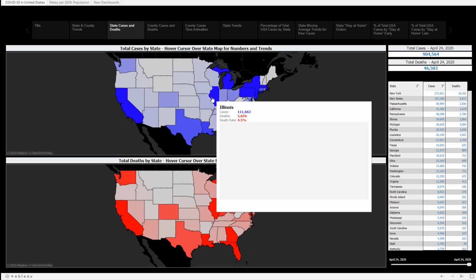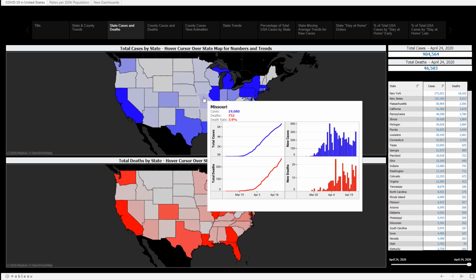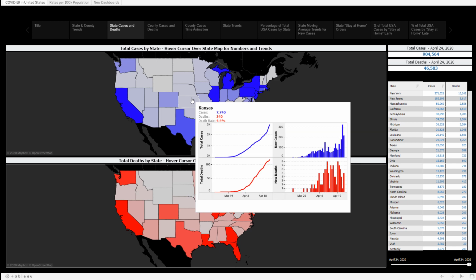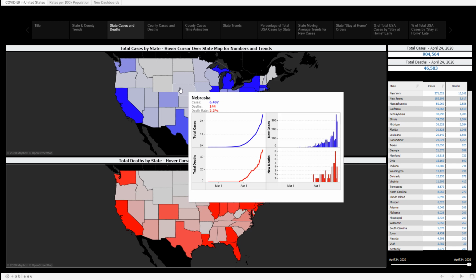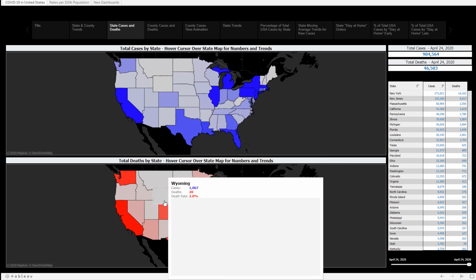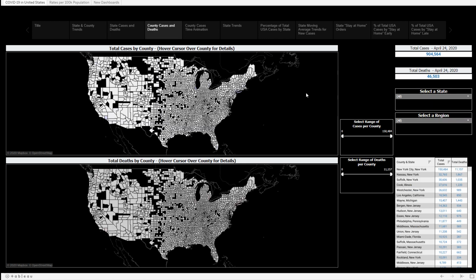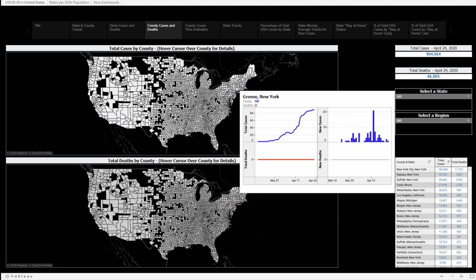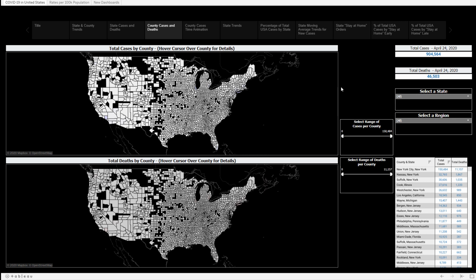The main thing is you get the same screens as in the prior dashboard, except you get them when you hover over the state. So you don't have to click on everything, you can just hover over it and get that information. For the counties, it's the same format where you hover over a county, so Greene County, New York, and you get the same information as that first dashboard with the total number of cases and deaths. You can also